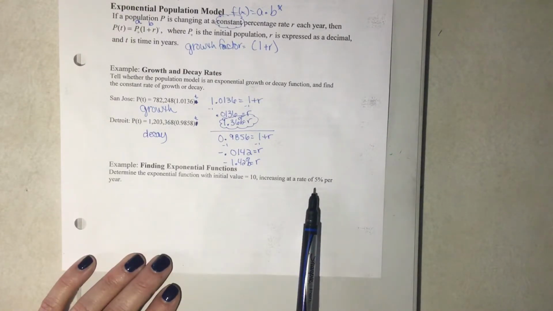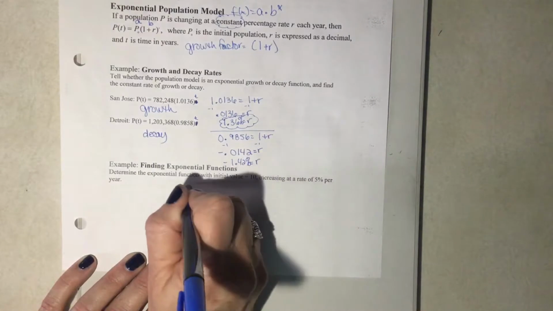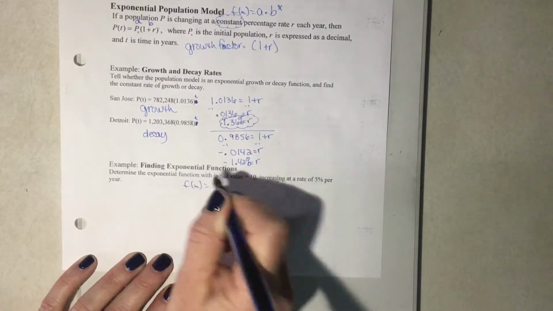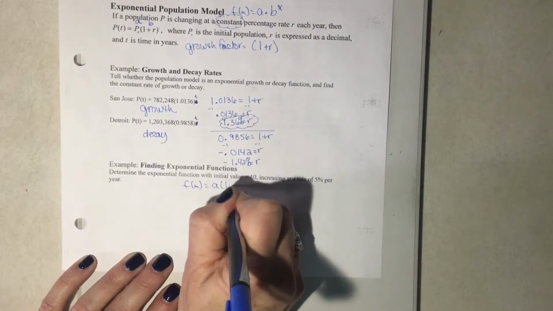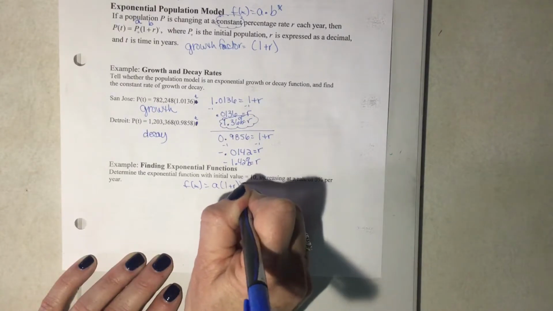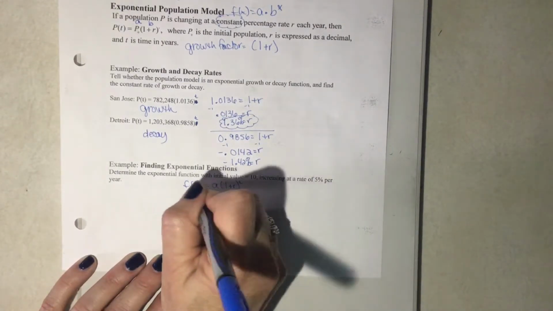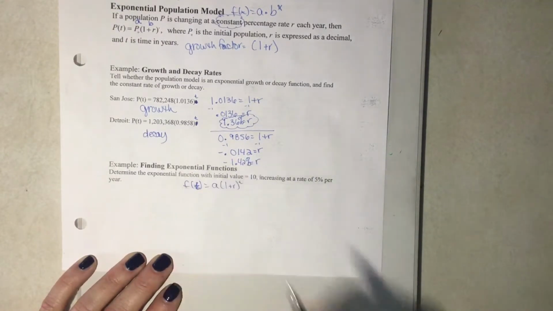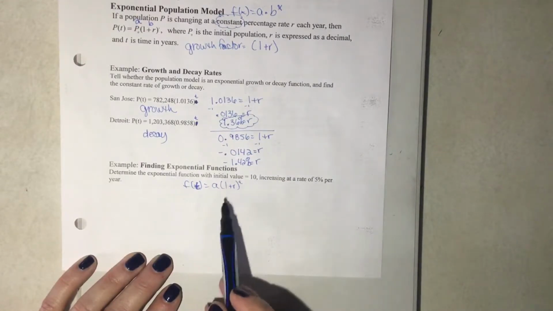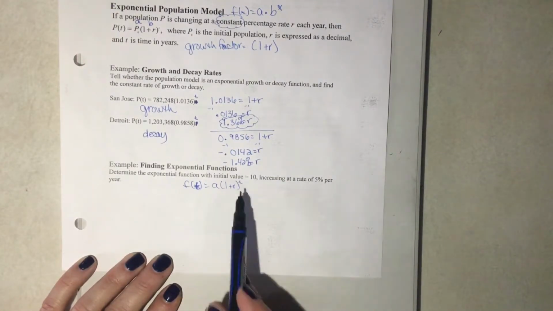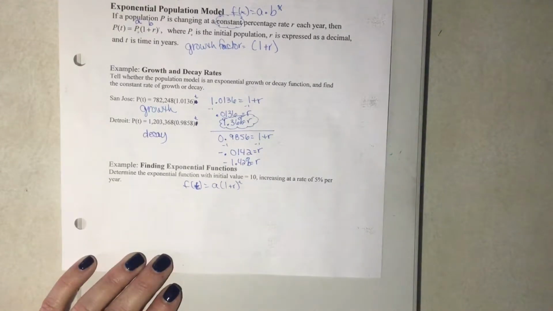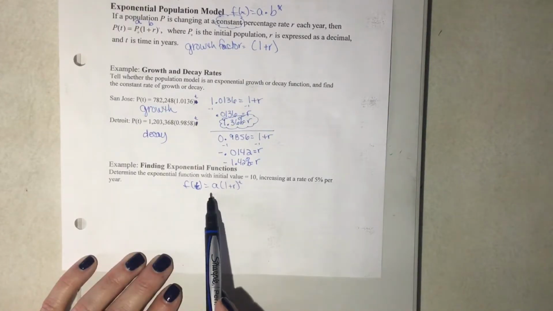All right, so I know that my initial function is a times 1 plus r raised to some time. Change that to a time. f of t equals a times 1 plus r to the t. Or you could have x, it doesn't matter. So when my initial value is 10,